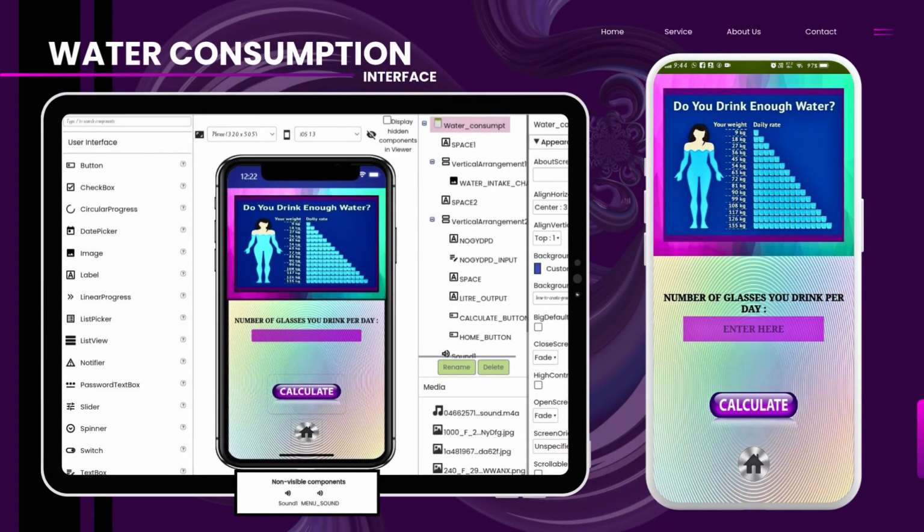Now, let's continue with the water consumption page of the app. Here, the user can find out if they are drinking enough water based on their weight. Let's take a quick tour of the user interface and explain the components used. At the top, we have the title, Do You Drink Enough Water?, which gives users an idea of what the